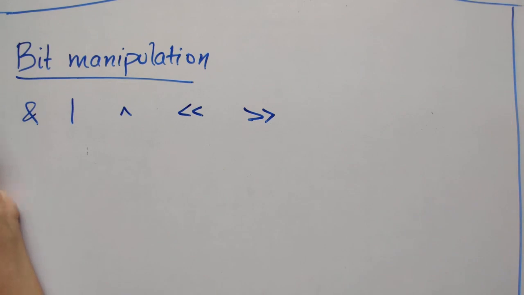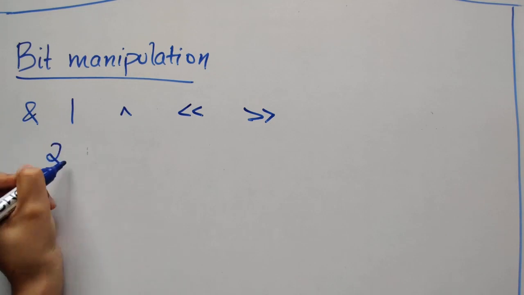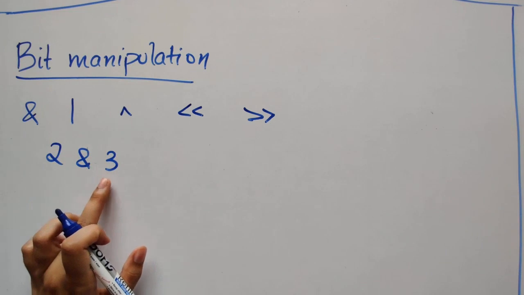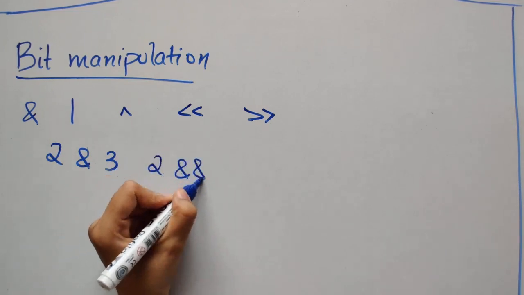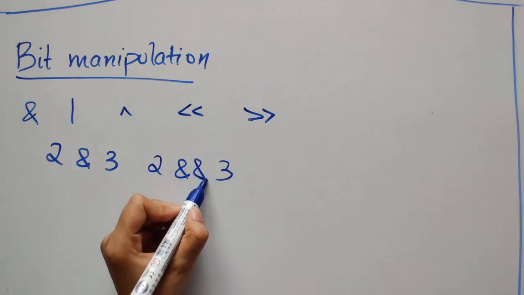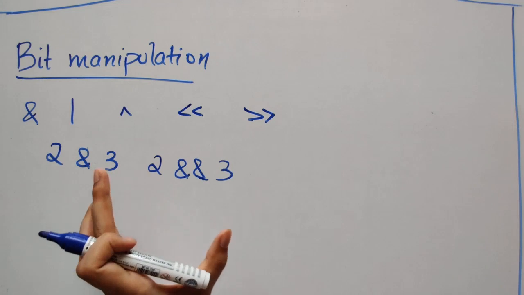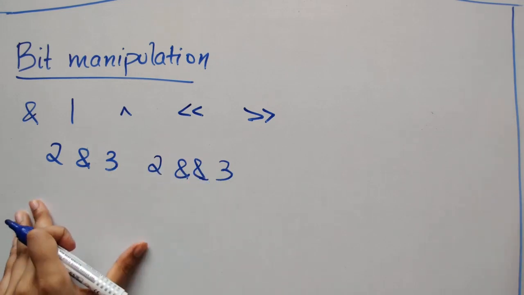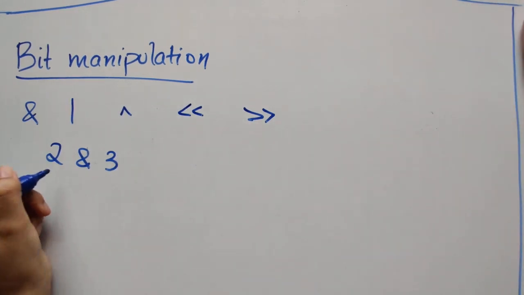Now let's understand these bitwise operations. We'll first move to AND. Remember one thing, when I say 2 & 3, this one & implies that there is a bitwise operation between these two. However, if I say 2 && 3, this is logical AND, this is different. This means the right side and left side, if both are true, then the expression will evaluate to true. So this is something different. So 2 & 3, how do we evaluate this?